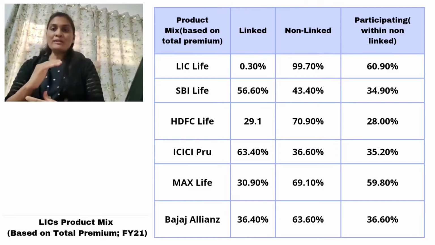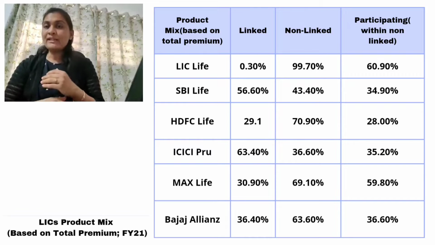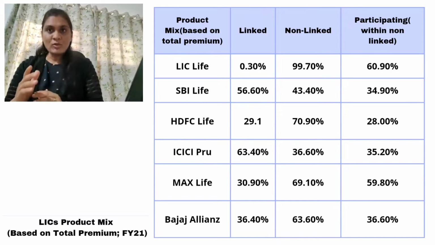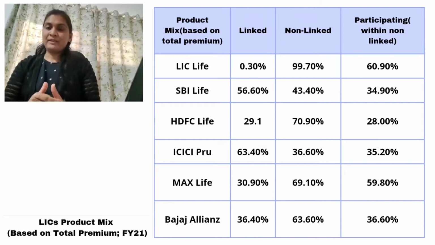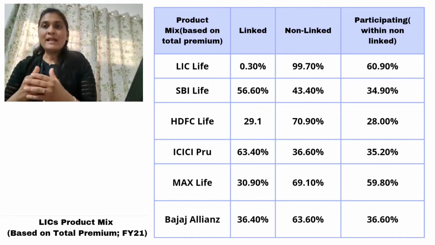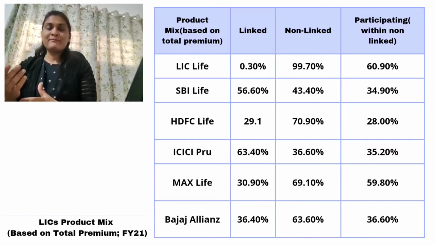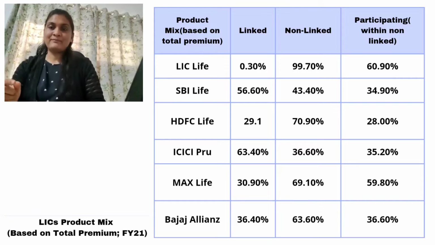So these non-linked saving products are not linked to the markets and market cycles, and since they are not linked, so they are less volatile. क्योंकि लेस वॉलेटाइल होते हैं तो दे गिव मोर कंफर्ट टू द पॉलिसी होल्डर्स, बट एट द सेम टाइम इनका यील्ड लो हो जाता है, यील्ड इज लोअर, एंड इवन जो प्रॉफिटेबिलिटी ऑफ LIC इज लोअर, कैन बी लोअर एज कंपेयर टू इट्स पेयर्स because it has a lower margin plans.